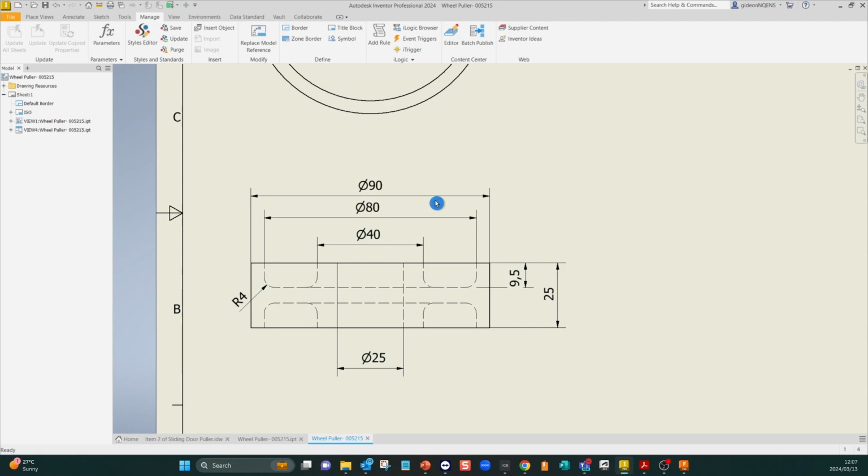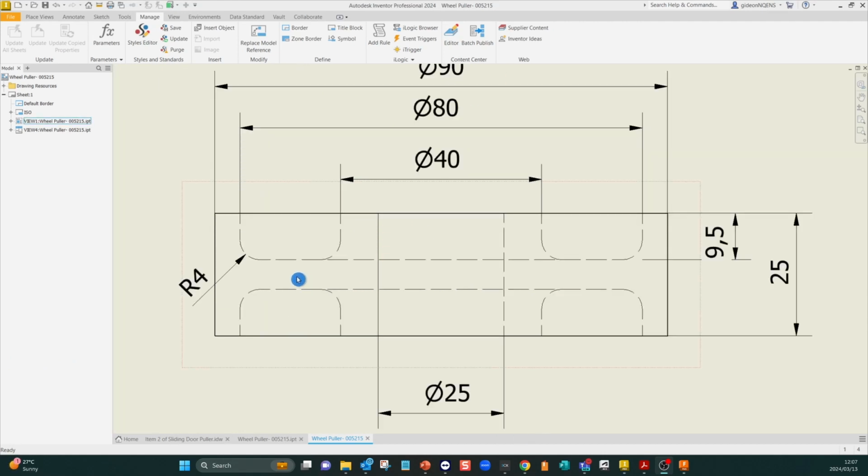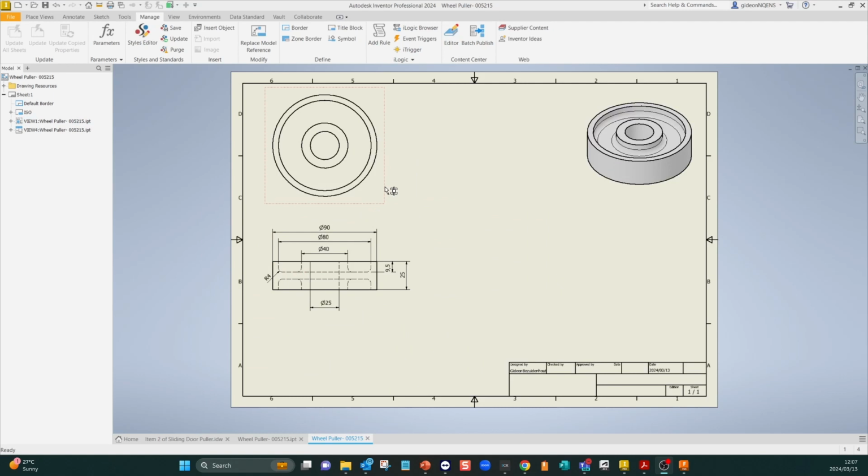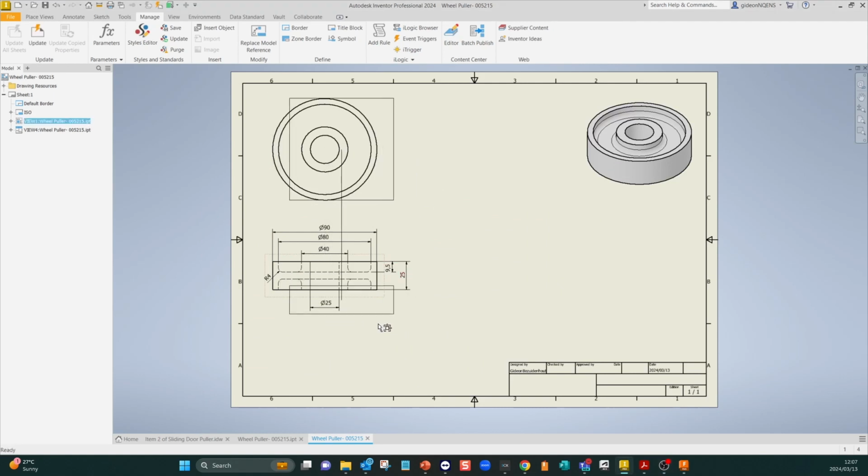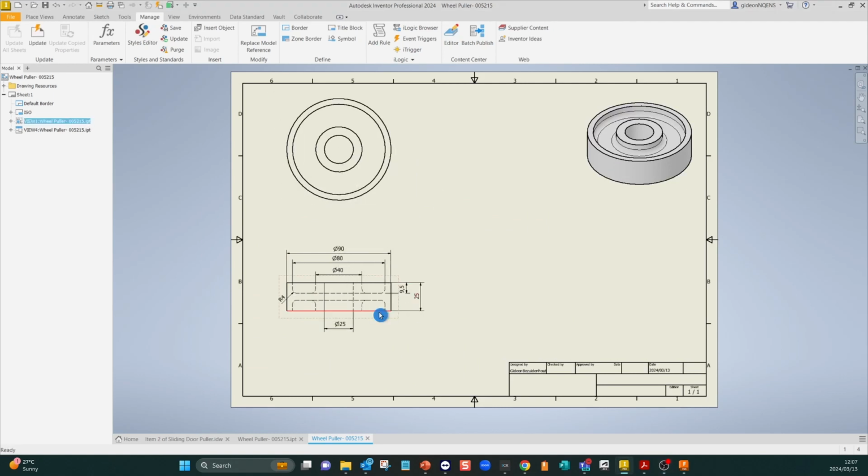Just be careful when you switch that off, especially if you have a dimension like 90,005 or something like that with a small tolerance. So just be careful when you work with small tolerances and small dimension sizes. And that's a good quick way to show us how we can get a specific view and automatic dimensions. If you have placed the top view and my drawing was not created on the top view, it will not place those